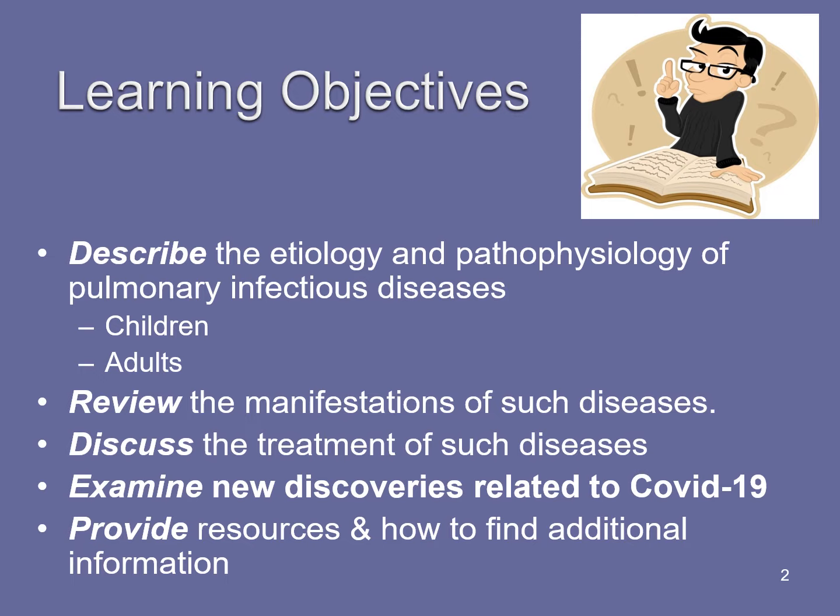So the primary learning objectives we're going to focus on over the next hour or so: we're going to be describing the etiology, that's the root cause, and the pathophysiology, so that's what happens at the tissue and cellular level of pulmonary infectious diseases. We'll take a look at a few pulmonary infectious diseases that affect children, in particular croup and epiglottitis. We'll also focus on several such diseases for adults. We'll review the clinical manifestations of such diseases. We'll discuss the treatment options of them,